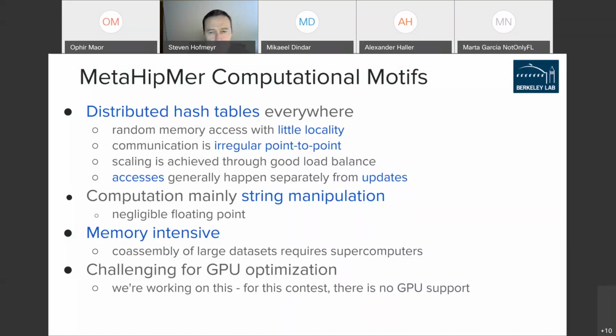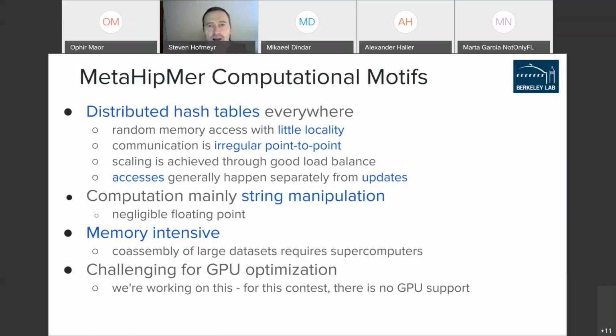But for example, with the graph traversal, what you would have to do is you first build up the graph, and each location in the graph is basically a location in the distributed hash table, and they can be scattered throughout the network. And then when you've built up the graph, you can do things like traverse it by basically following the links in the graph